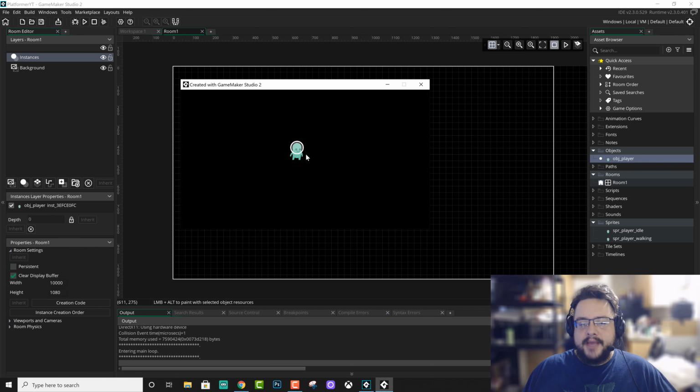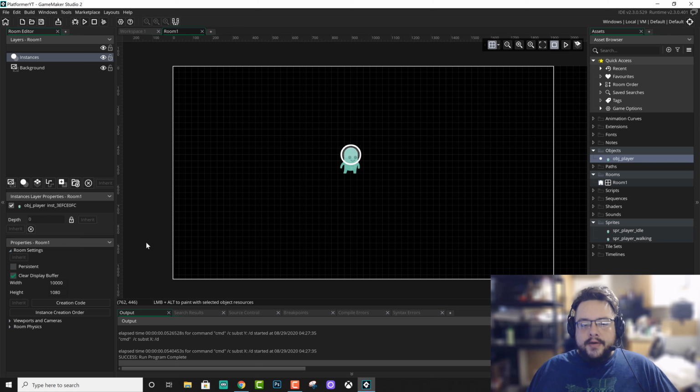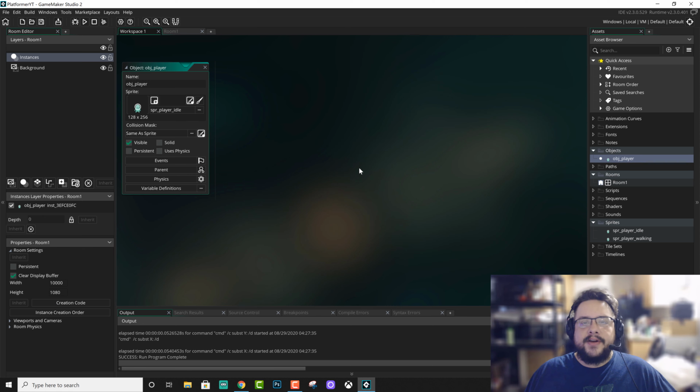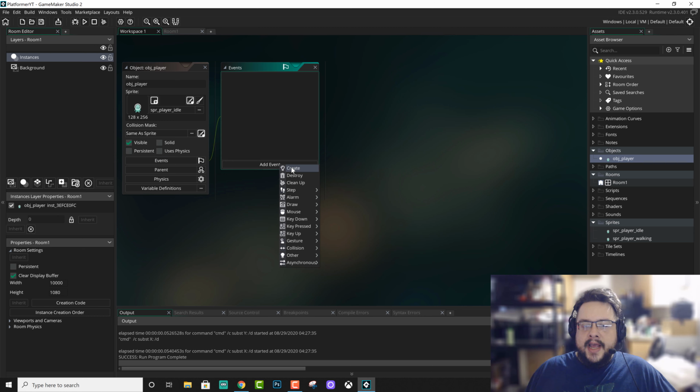And now we have the game open, and we can press buttons and nothing happens because we haven't added any movement yet. So we know it's working. So far, it runs. And now we're going to go ahead and open up our player to create some variables and add some movement. So the first thing we're going to do is go to events and add a create